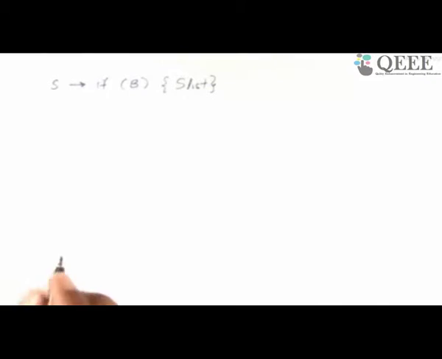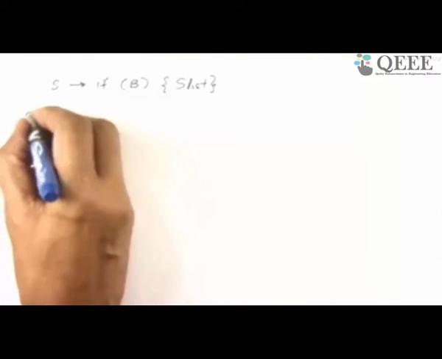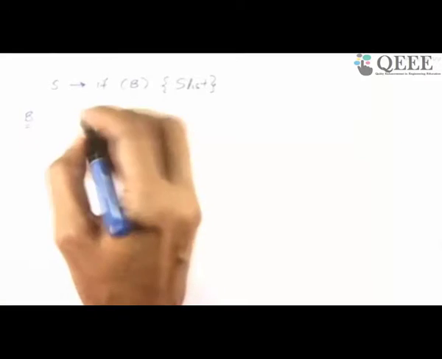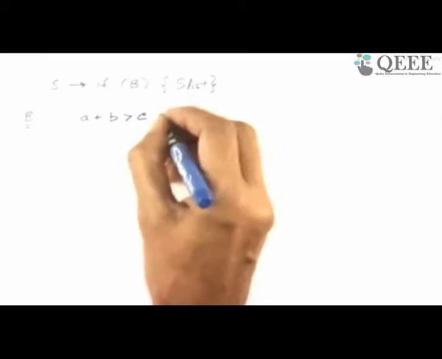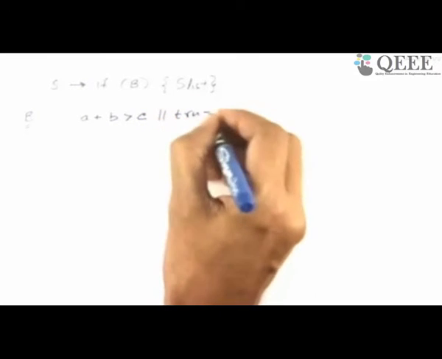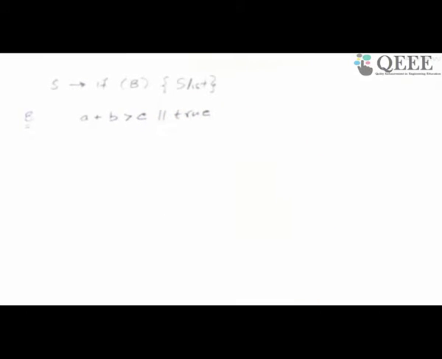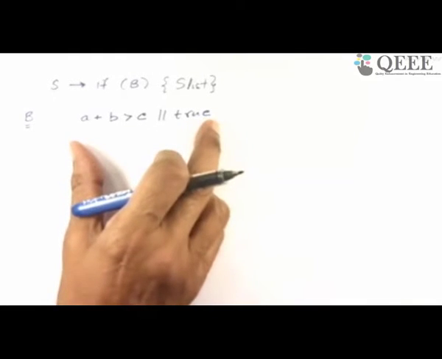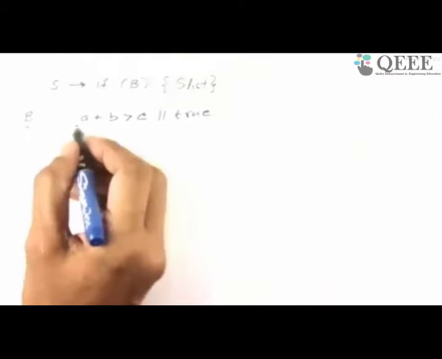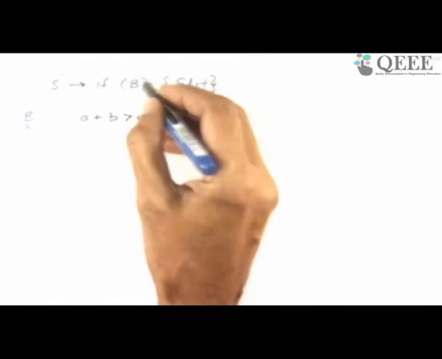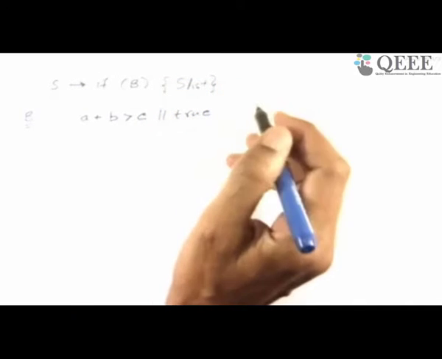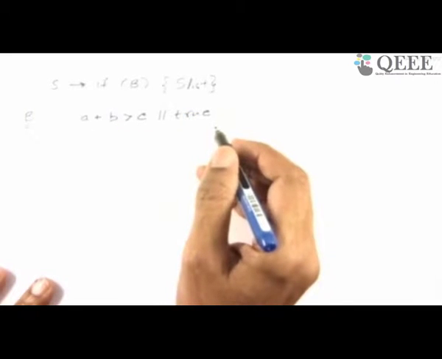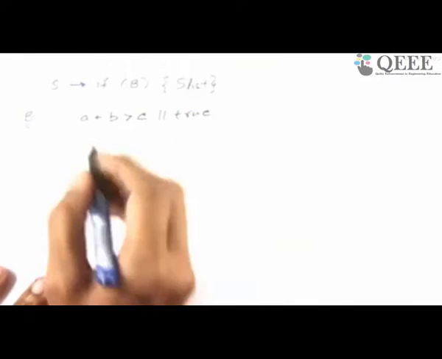So what we would like to say is, when you see this B, what is B? For my expression over there, I have written A plus B greater than C or true, all of this in C syntax. I have stripped off the parentheses before this and the parentheses after this. So this is the Boolean expression. Eventually, this will slowly get reduced to B, and then it will go past this part which is looking at the Boolean expression. But it does not happen all of a sudden. So let me go in real slow motion as the parser proceeds.